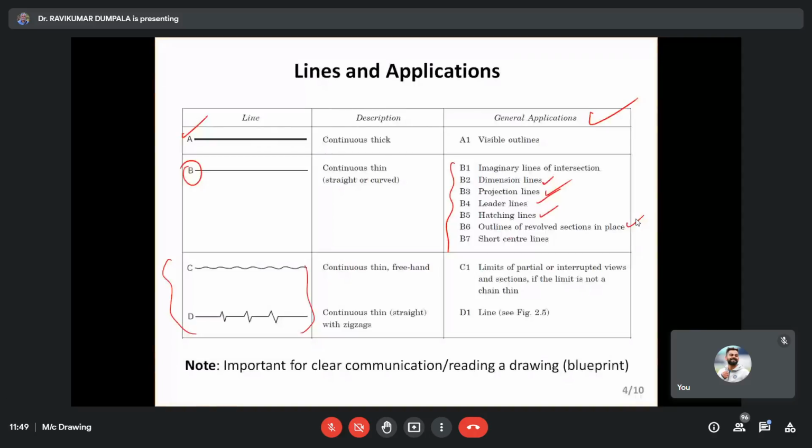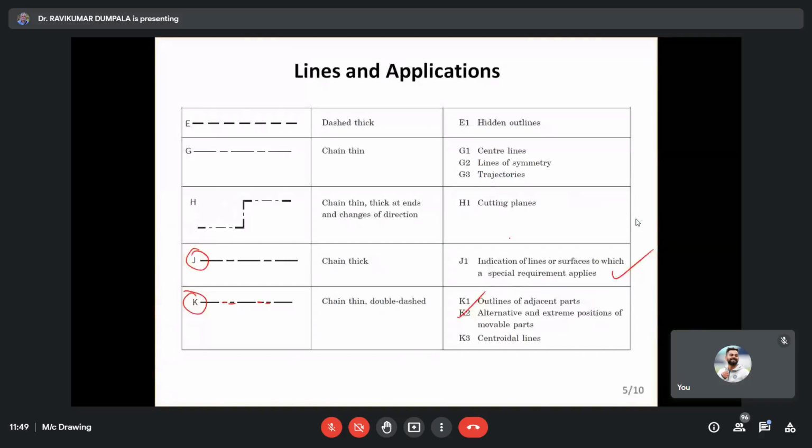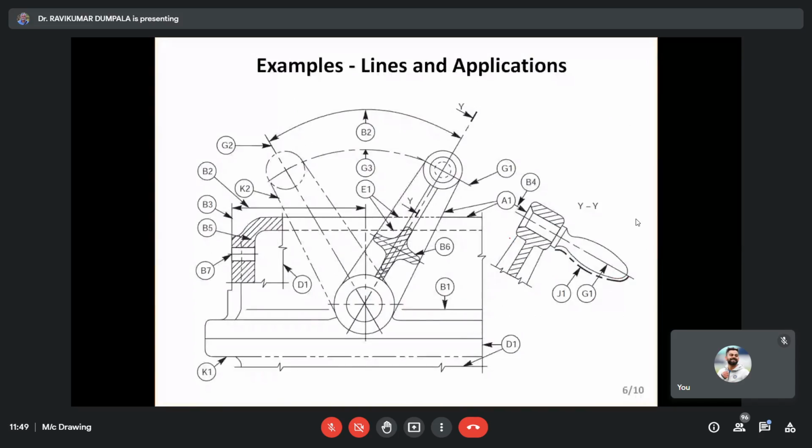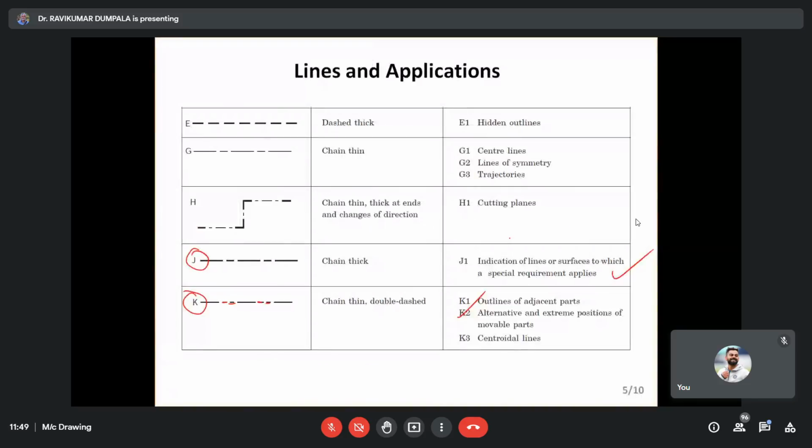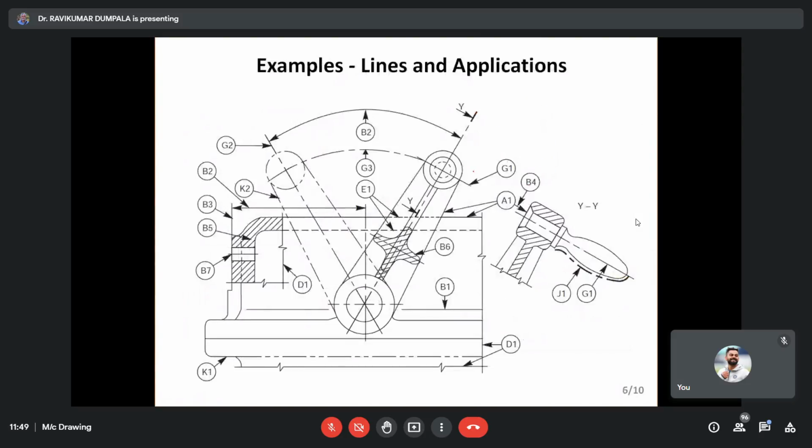And this is not a convention. Also, please remember, this is only for indication. Actually, here they have given only H1, G1, G2, G3 just to show on this figure. It's not a convention. The convention is this one, and whatever is on the right side. This is the convention. So they gave numbers only to represent this, so that you understand what exactly they are. Only for that purpose.